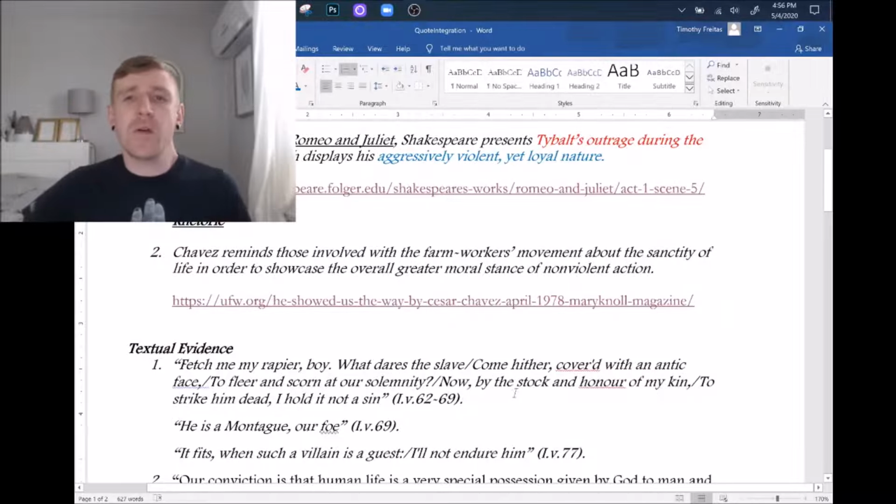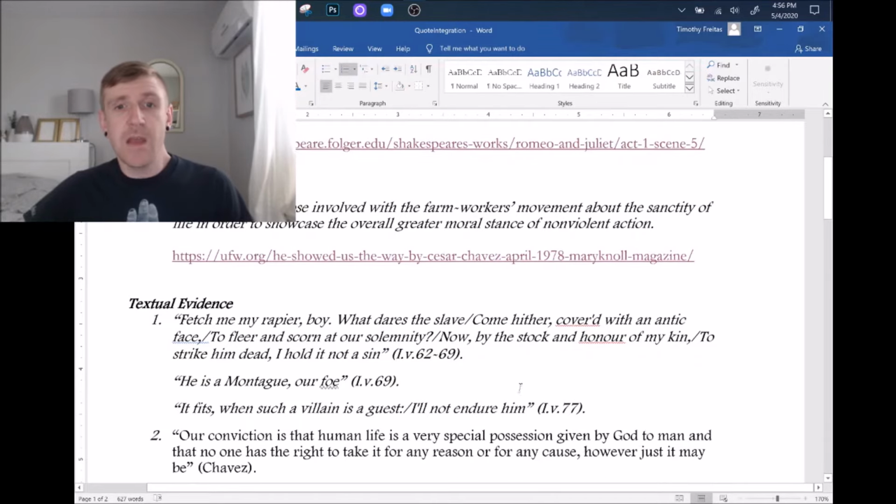And this is at the moment when Tybalt realizes that a Montague has crashed the party because Romeo spoke out loud and he recognized Romeo's voice. And now Tybalt is extremely upset, and he tells his servant, "I need to go get my sword. This is going to become something vicious." Okay, and then